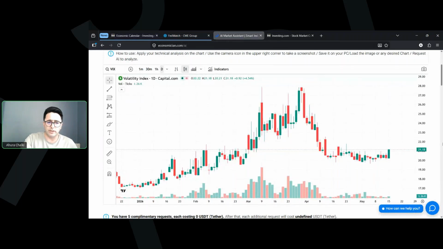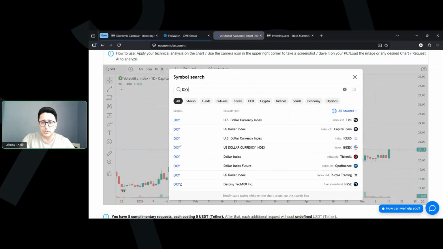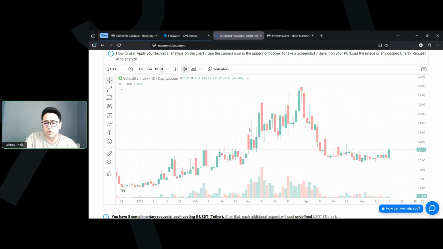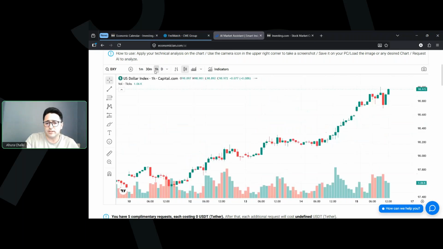As you can see here, while in DXY VIX is still increasing, this higher market risk is increasing the demand for the US dollar index, and that's why you can see the dollar index is up at 98.97, almost 99. We had a 99 a few hours ago. Just looking at the chart, you can see that the US dollar index is gaining for its safe haven demand and it's still up, but that's the effect of this higher bond yields that we had. We're talking about the bond yields that are increasing. That's the effect of that.